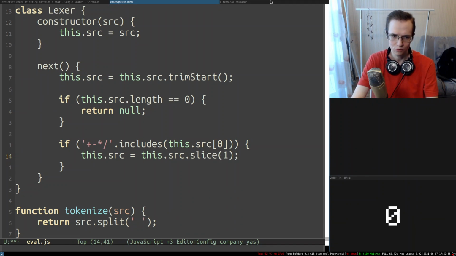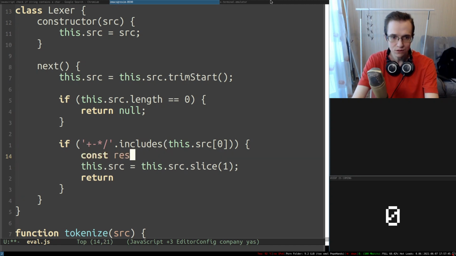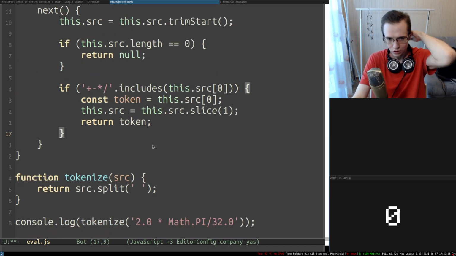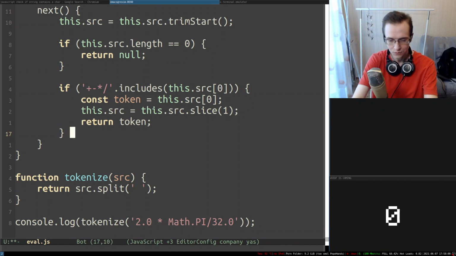There we go, we chopped off that single character. In this particular case, we already lost that character, so that means we probably need to save this entire thing as a token, and then return this token. There we go. As you can see, we identified that this thing is one of those tokens, and we just return it as it is. Now, if